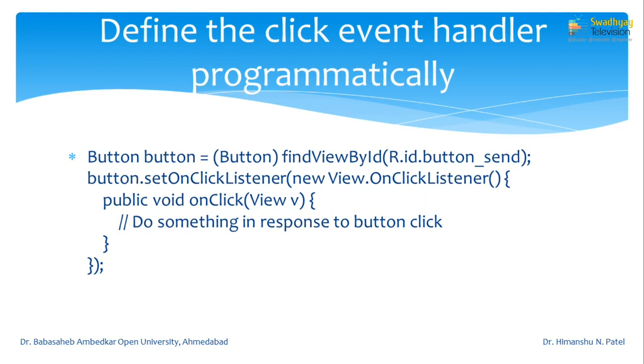So, this small button object represents that button, and we must write button dot setOnClickListener, and we are creating one anonymous object here, and it will automatically write this inside code for you. Inside onClick you have to write the button click event. So, whatever you write inside sendMessage, you have to write the same code here inside public void onClick with a view object.